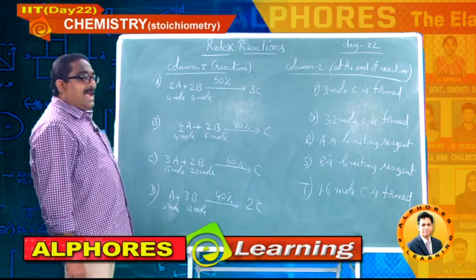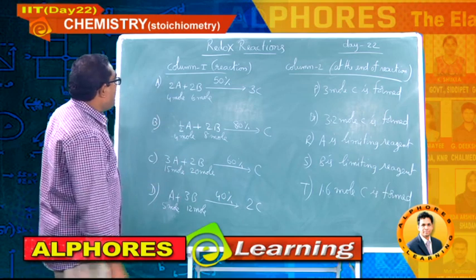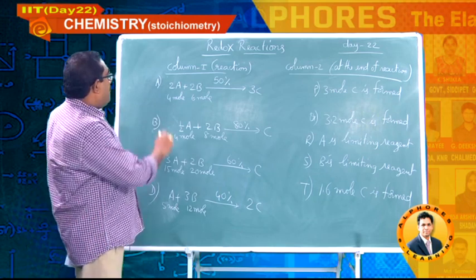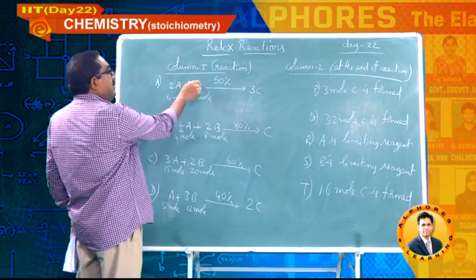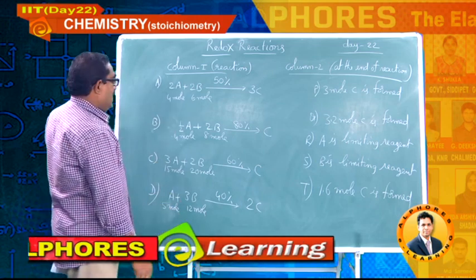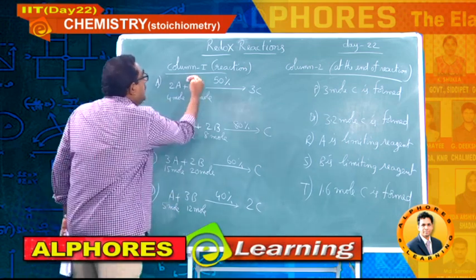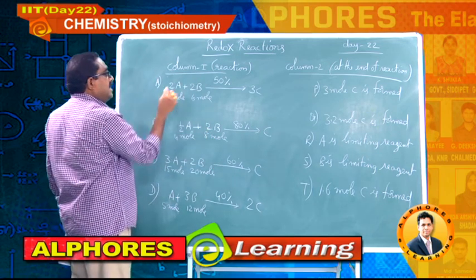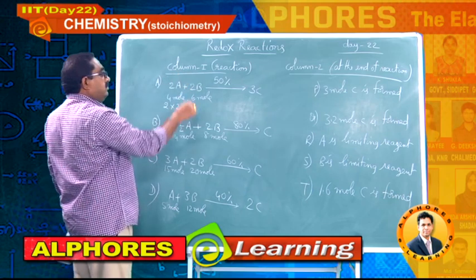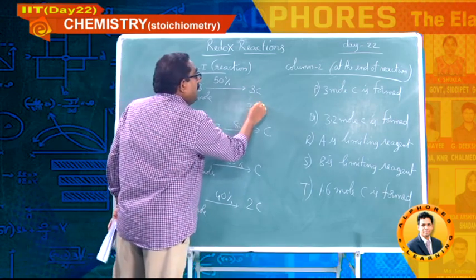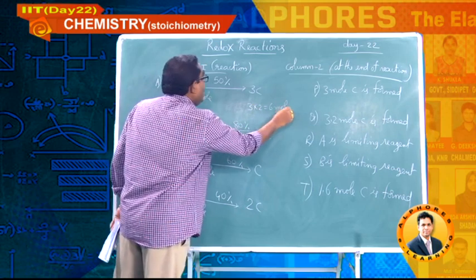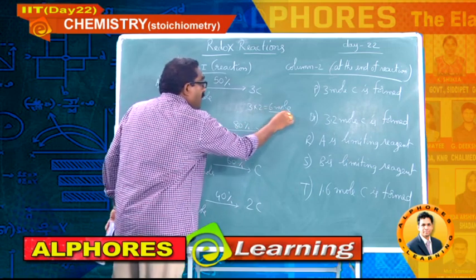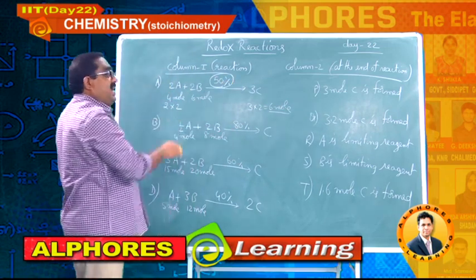Now let me calculate and match with that column. First of all, we have to decide limiting reagent. 4 by 2 is 2, 6 by 2 is 3. Least is limiting reagent: given moles by stoichiometric moles. So, this is the limiting reagent. Based on that you can say 2 into 2, 4; you will get here 3 into 2, 6 mole. But, students, very important, 6 moles actually you have to get. But what is the percentage yield?